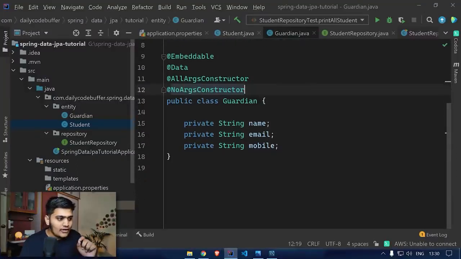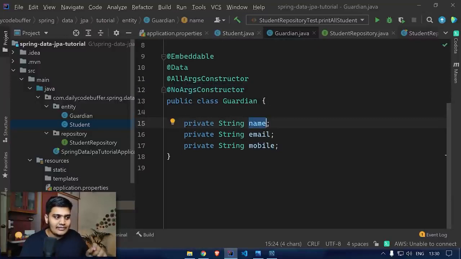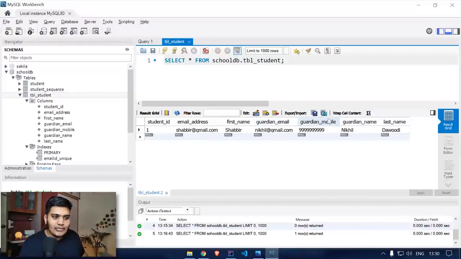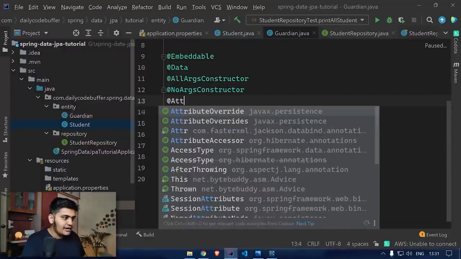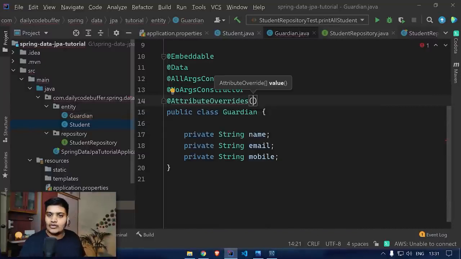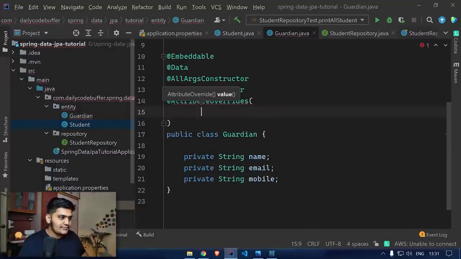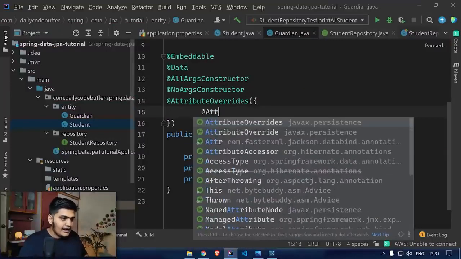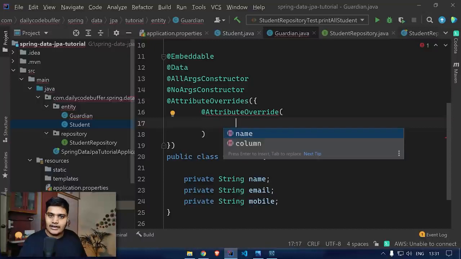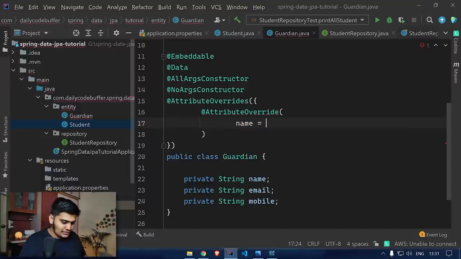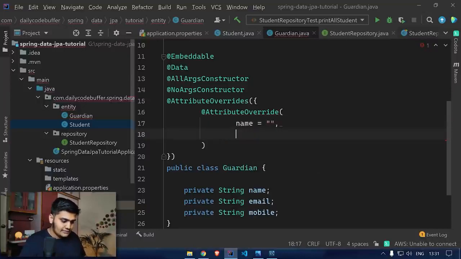So whatever properties are there, this name, email and mobile number should represent Guardian email, Guardian mobile and Guardian name over here. So let's see how we can do it. We can use the AttributeOverrides annotation, as we want to override multiple attributes. I'll define the list over here, and here I'll define AttributeOverride, and it has the name of the attribute and the column name. So let's define those things,